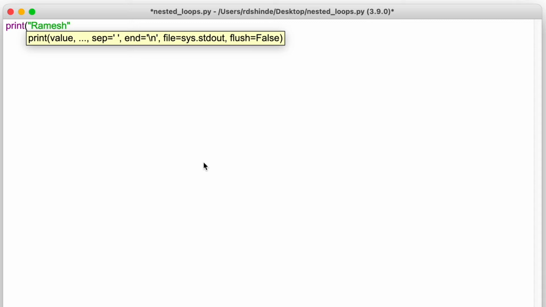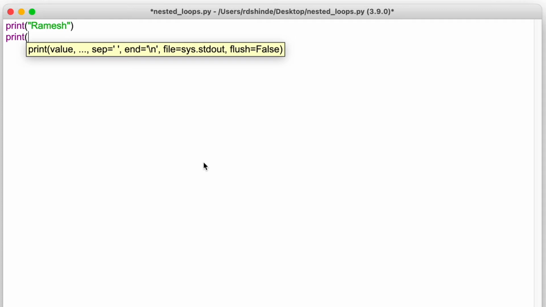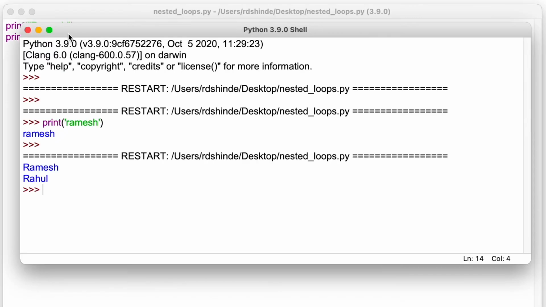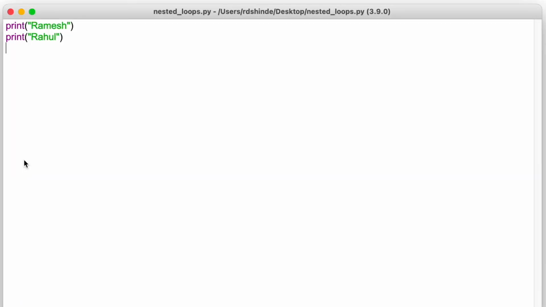Okay, and now on the next line I am printing another value, that is "Rahul", it should be in strings. Now what will happen, these two values will be printed on separate lines. Let us save this and let us see the output. Here is our output, Ramesh and Rahul printed on different lines.